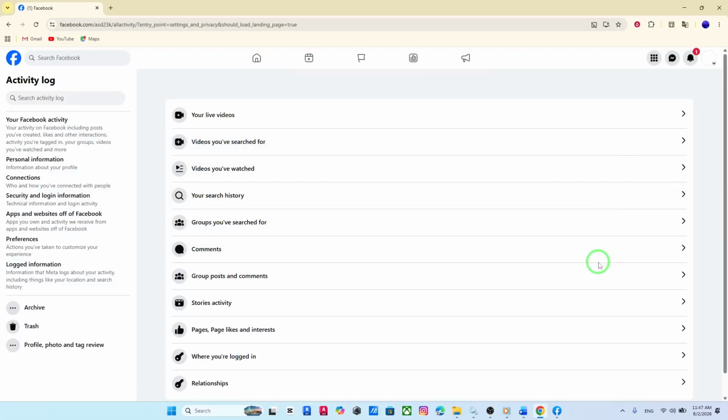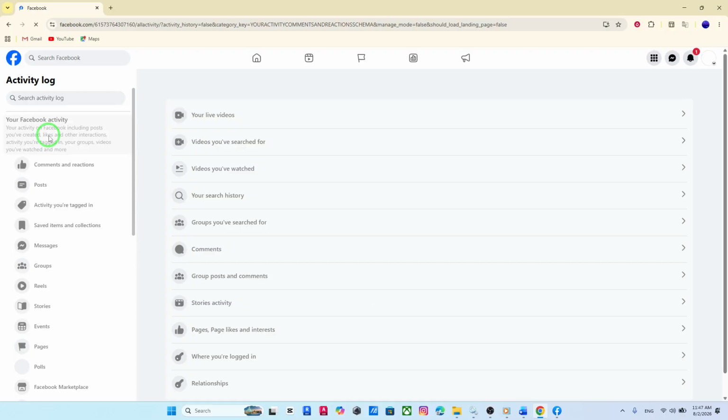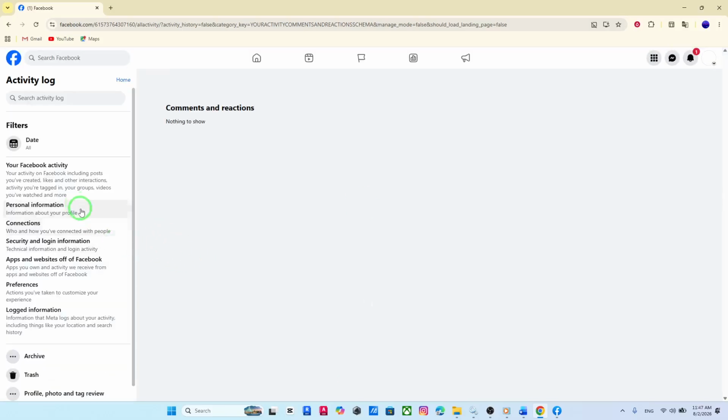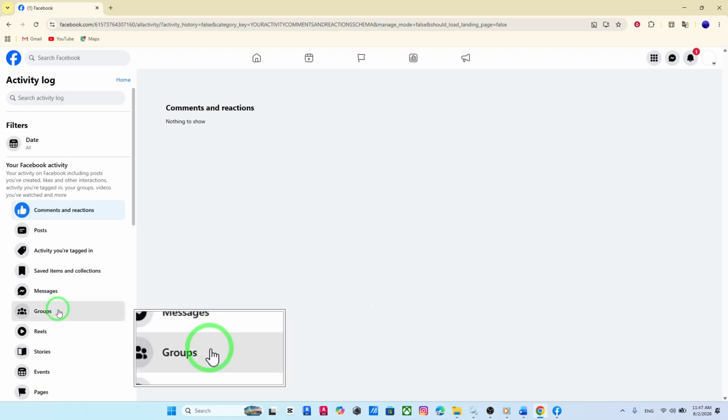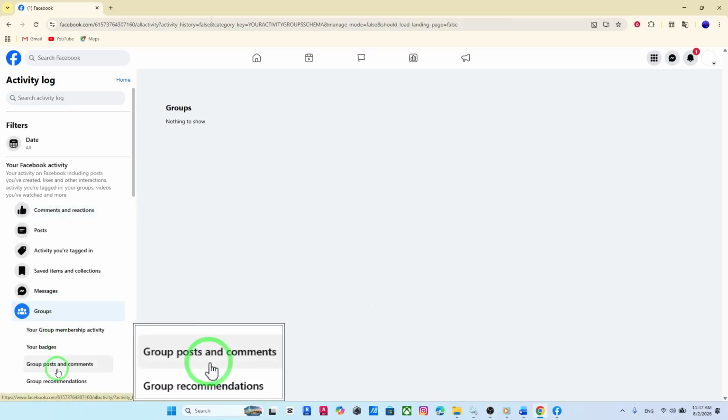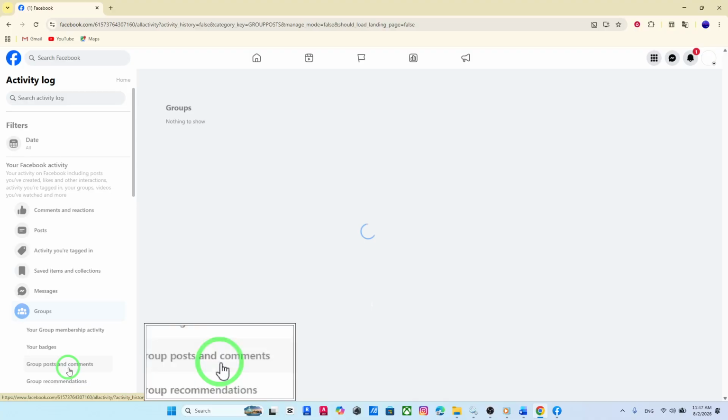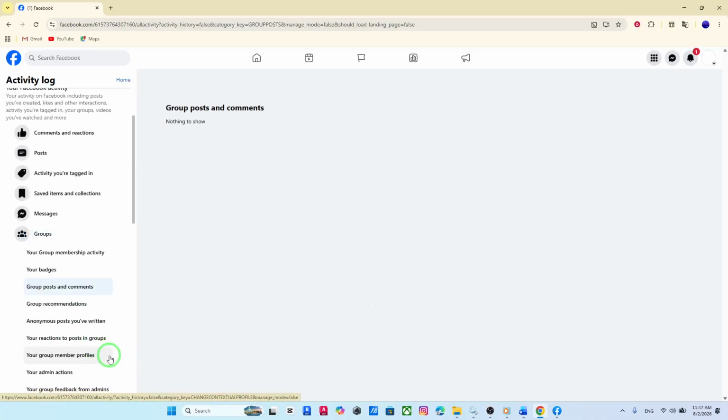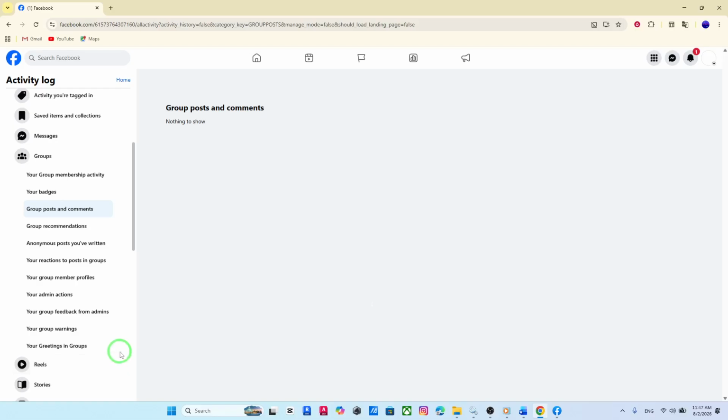Now, inside the activity log, you'll see different categories on the left side. Look for the section called Your Facebook Activity and click on it to expand more options. From there, find and click on Groups. This section is specifically designed to show your activity related to Facebook groups. After clicking on Groups, you'll see an option labeled Your Group Posts and Comments. Click on that, and now you'll be able to view all the posts you've shared in groups as well as